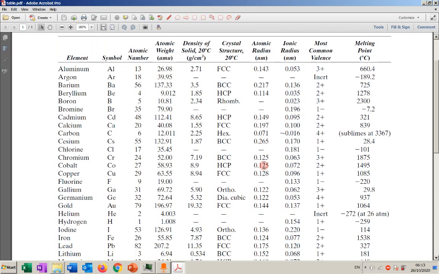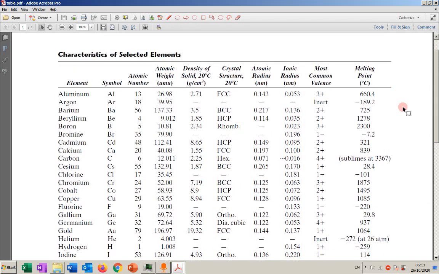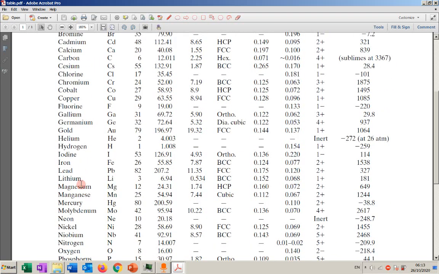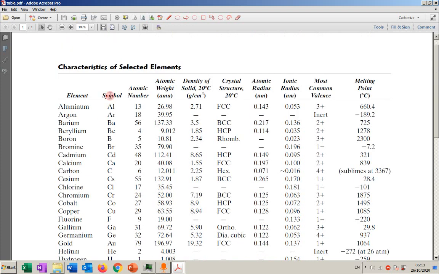Now we're going to use this table, and it's called characteristics of select elements, not all of the elements, selected elements. What do we have there? We have their symbol, atomic number, atomic weight, density, crystal structure. So look at the crystal structures here. If I know the crystal structure and I know the atomic weight here,